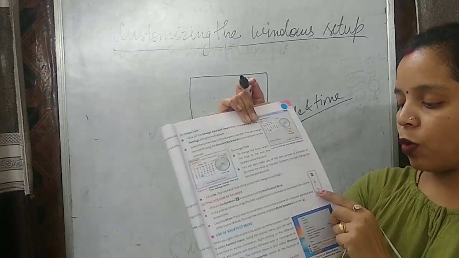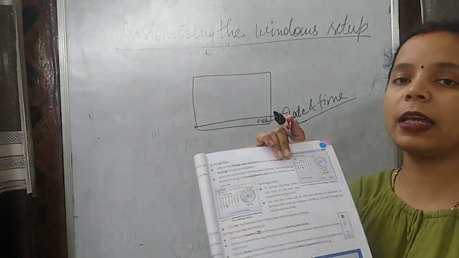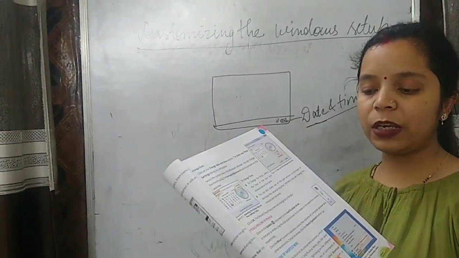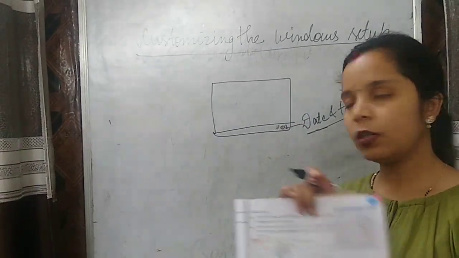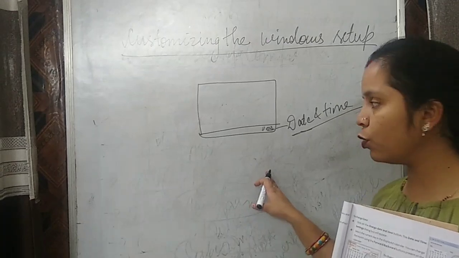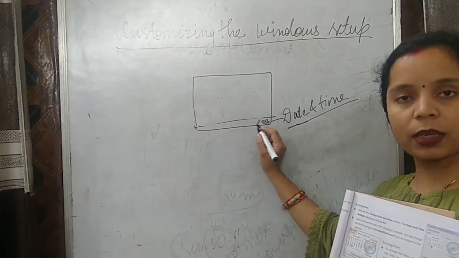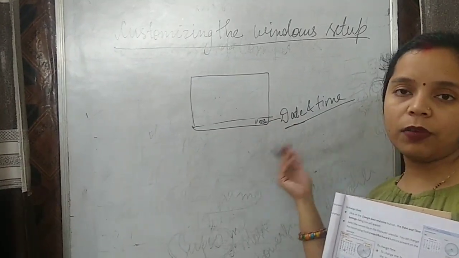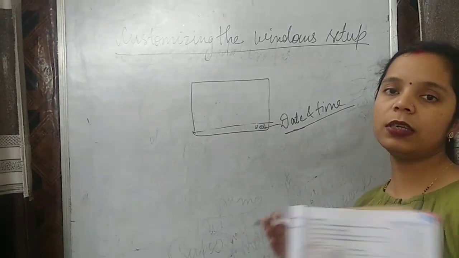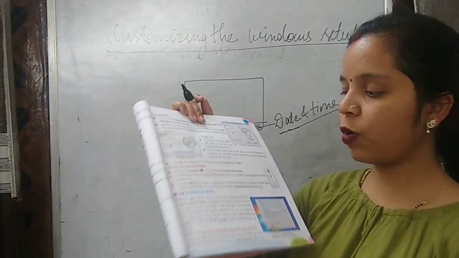Or if you want to mute, you can click on this. It will mute your speaker, because you will not hear any voice. So like this you can change the speaker volume in Windows. It's very easy to change the volume of the speaker or the date and time in your computer. You only have to do this: on the taskbar these buttons are given. Click on that, it will show the dialog boxes, and from there you can change the date and time, or if you want to change the volume of the speaker, you can change it from there.